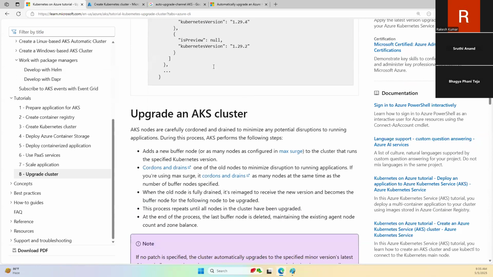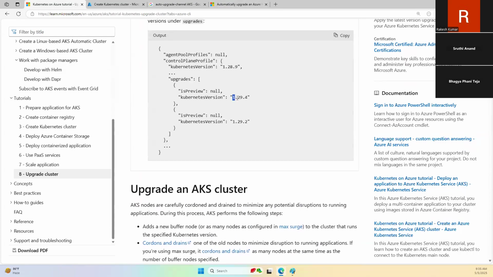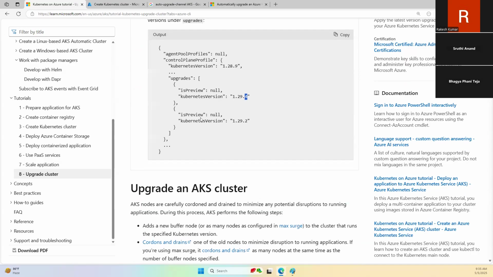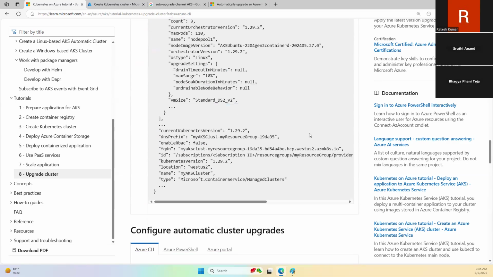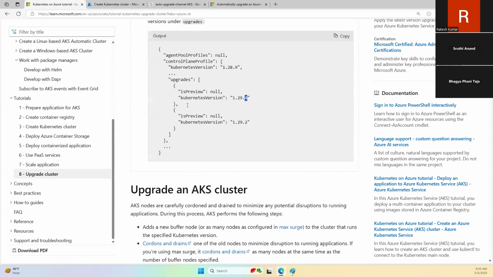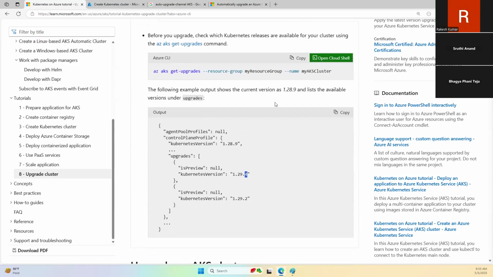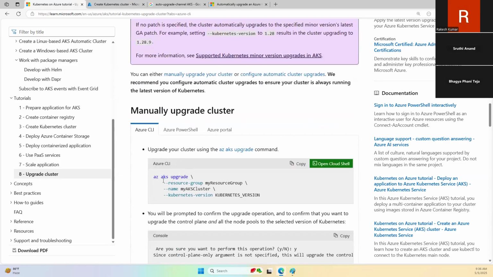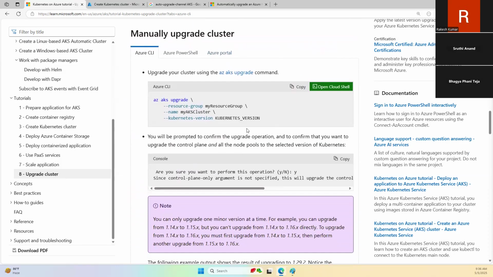So this is what it is, and then again I explained how the version works: this is a major version, this is a minor version, this is a patch version. These are the concepts involved in AKS. So go through this and you will understand more about it. The commands are pretty easy to understand here. az aks get-upgrades will give you just the upgrades that are available. az aks upgrade lets you mention the version you want to upgrade to, and you can mention it here in this one. So if I go to this command,